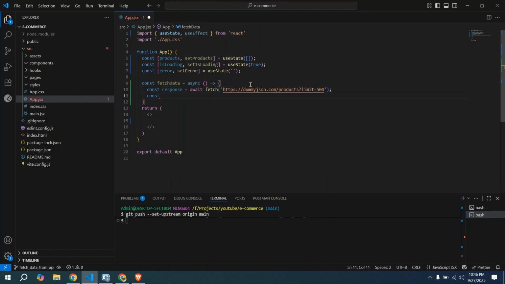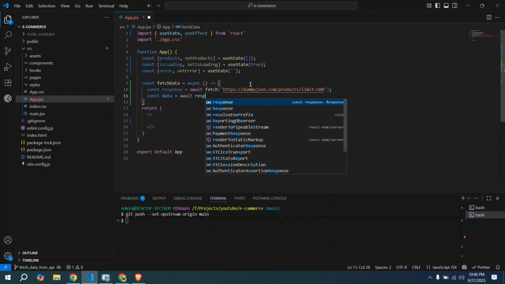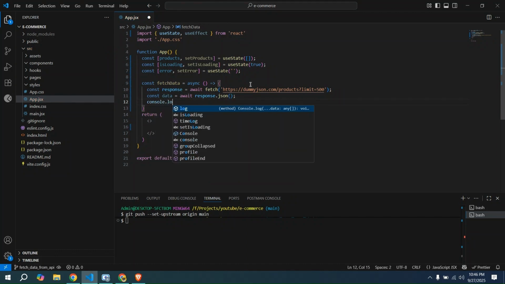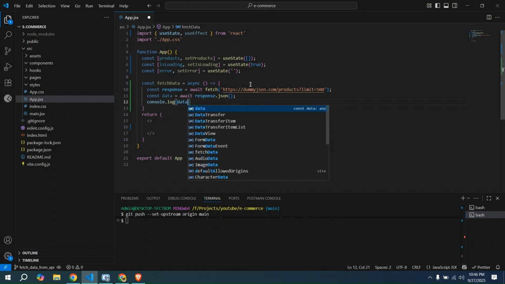So when we get the response, we have to convert it into the JSON format, which is again going to need us to add the await keyword. And we are going to do response.json. And first of all, we can check what we get in the data,